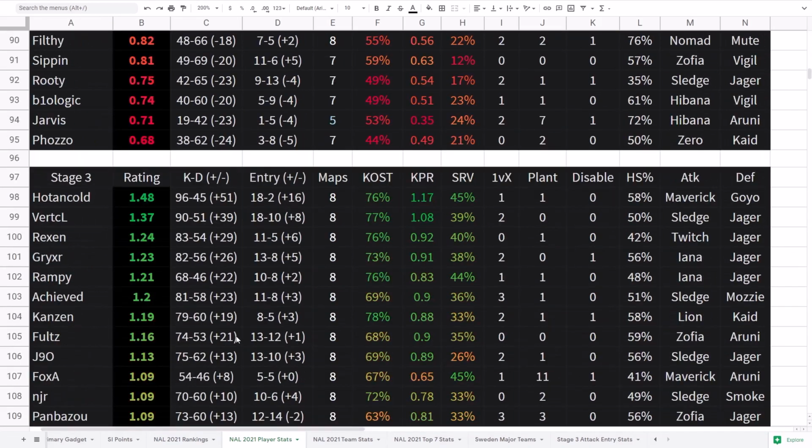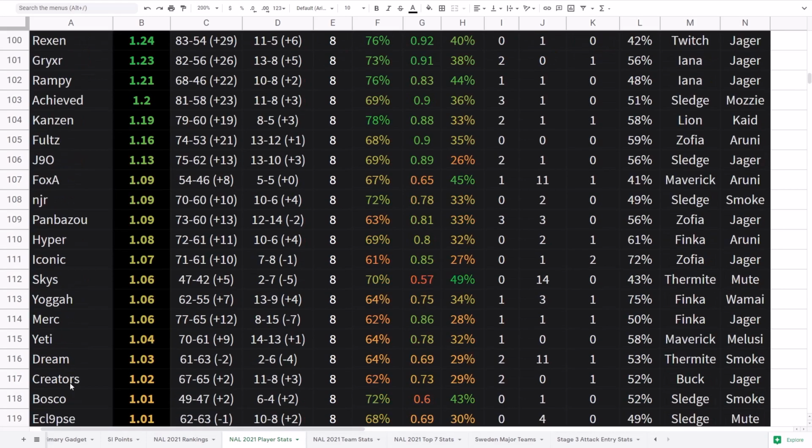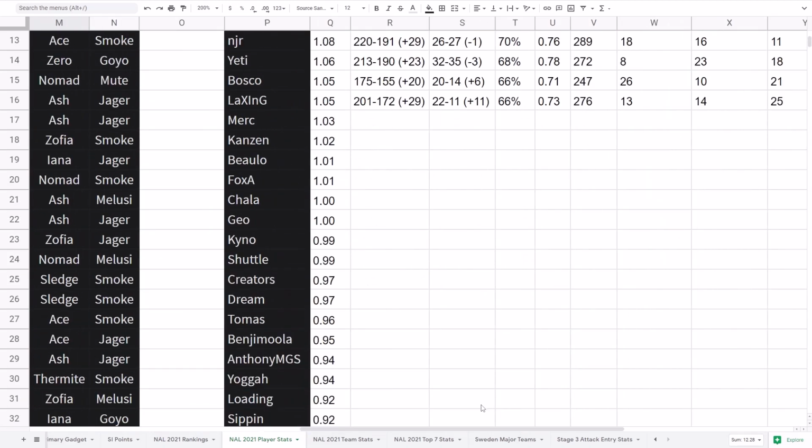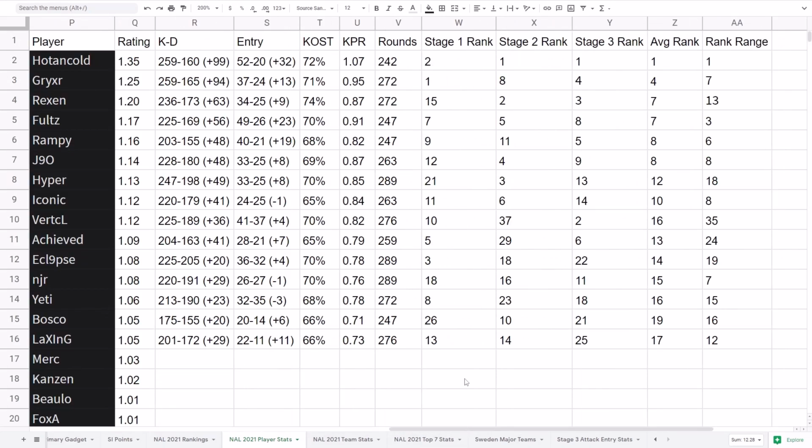And actually I should have looked at it when I was already here, but what did he play on attack? It was the Sledge. So now we have him on the Sledge, which Hot and Cold had played some amount at some point. Bosco on Sledge, Hot and Cold a lot of Maverick, and then Rampy and Volts on, I don't know, some Ying, Zofia type stuff, and then Thermite, Hibana, Reserve Force guys, that sort of thing going on. And then we have Laxing, who just barely makes it into...